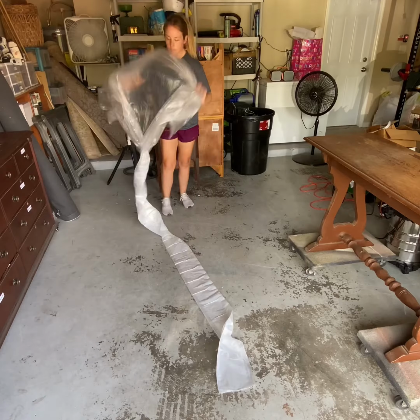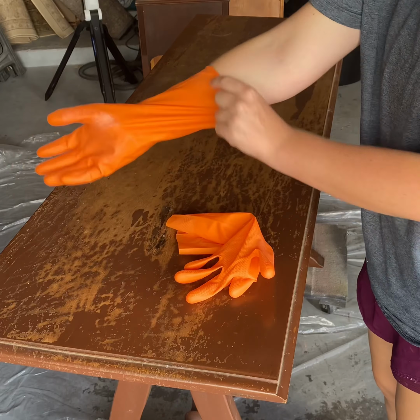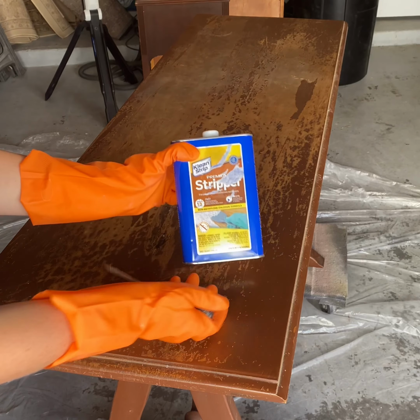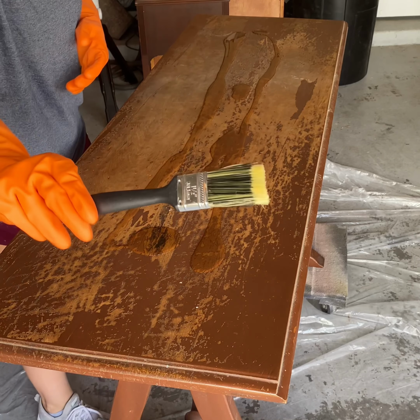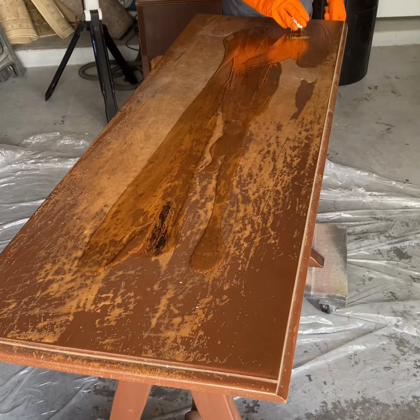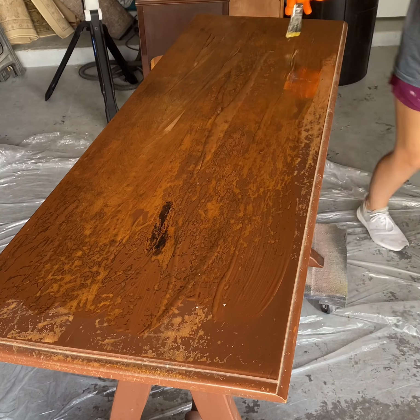I laid down a plastic sheet from the dollar store and some gloves to protect my hands because the chemical stripper that I'm using is very toxic. I like using this product because it's really effective and the natural strippers just don't seem to get the job done the same. To apply the stripper, I just use a cheap dollar store brush so I could throw it